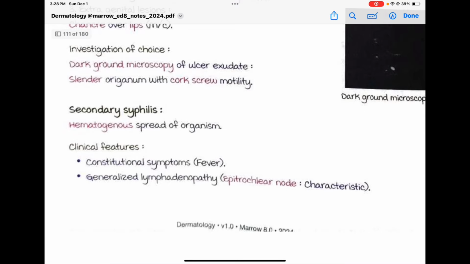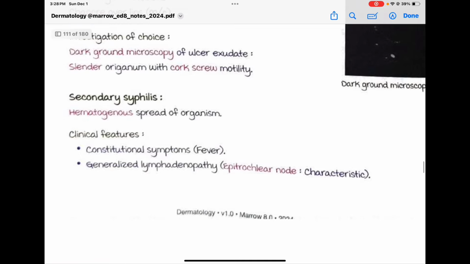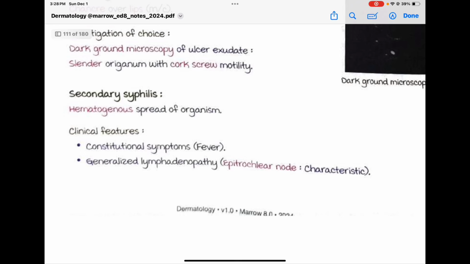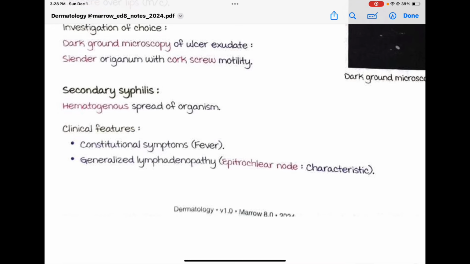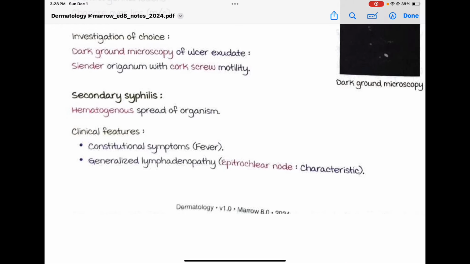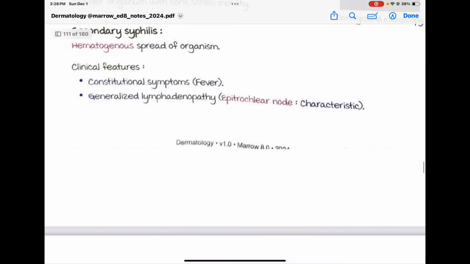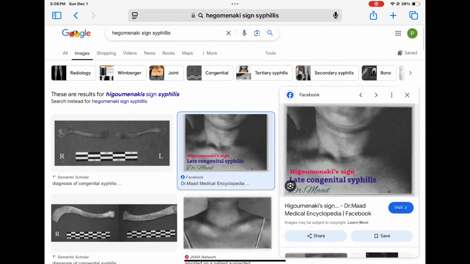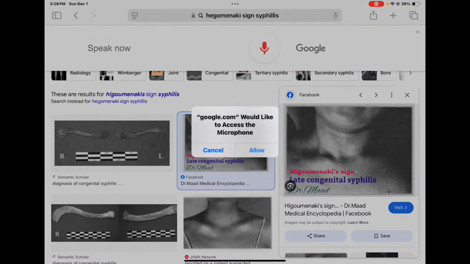Secondary syphilis, hematogenous spread of the organism. So primary is sexual spread, secondary is through blood. Clinical features: fever, generalized lymphadenopathy, epitrochlear node is characteristic. So let's see. Enlarged